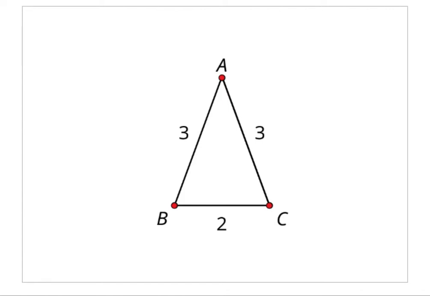Now this is an isosceles triangle, and an isosceles triangle has two equal sides and two equal angles. And you're going to prove through a rigid transformation, actually a couple of rigid transformations, that angle B is in fact equal to angle C. And so the first thing that you're going to do is take the triangle and reflect it over this line AB. To do that, you have to figure out how to move point C in a perpendicular direction,